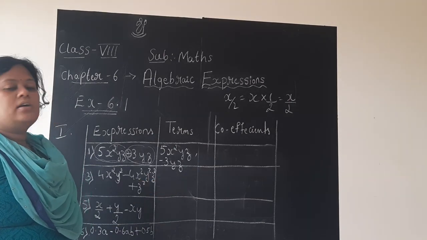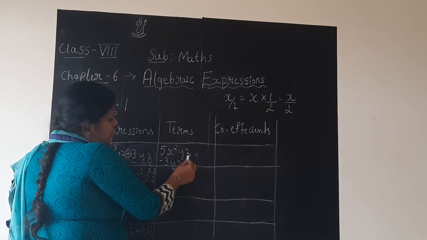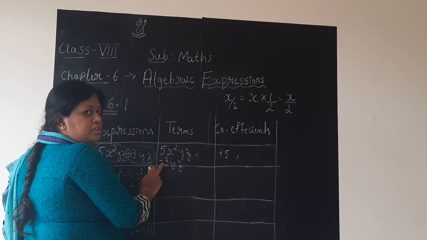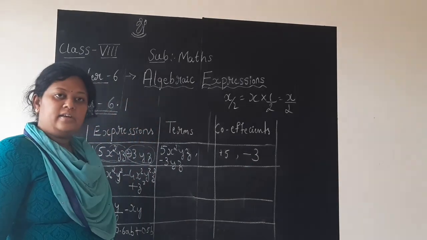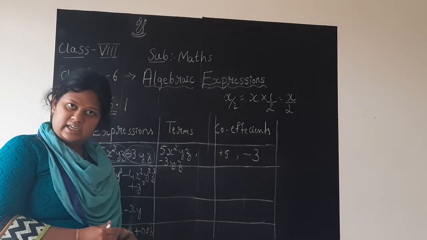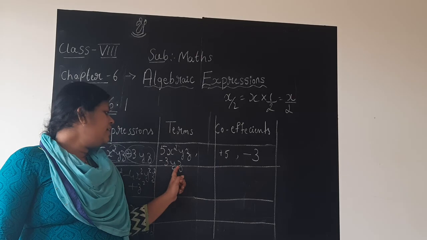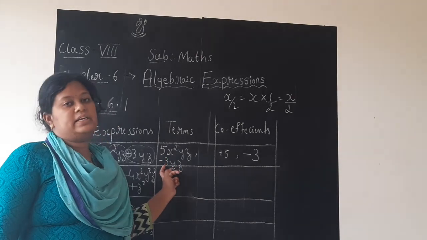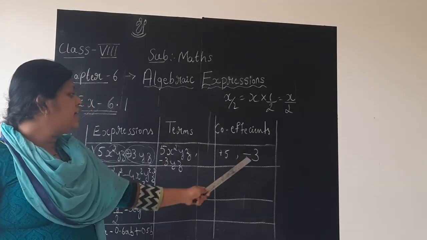Now you should write the coefficients. You know how to write. So coefficient of first term x square yz is plus 5. Similarly, coefficient of minus 3yz is minus 3. Don't write plus 3 again. Why? This whole term has minus sign, means minus is applied to the number as well as the alphabets here, yz separately and 3 separately. So you cannot simply write plus 3. You should write it as minus 3.